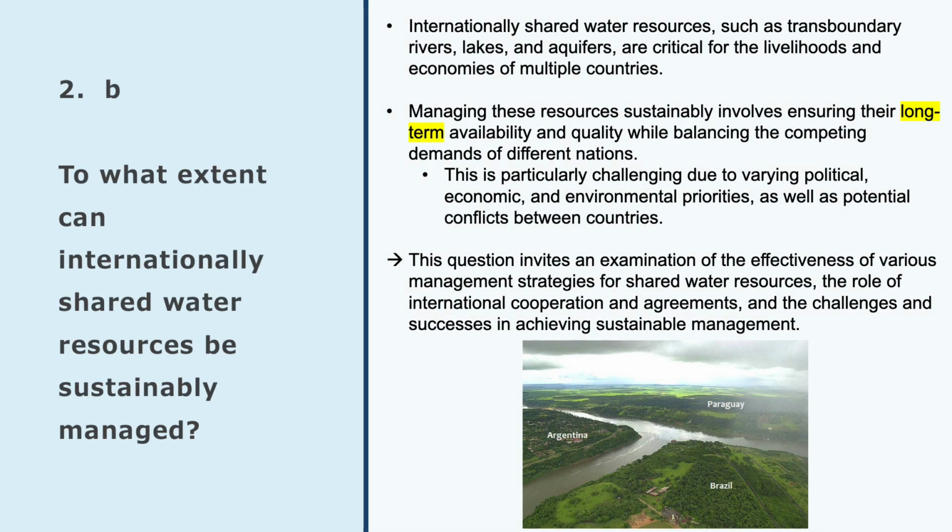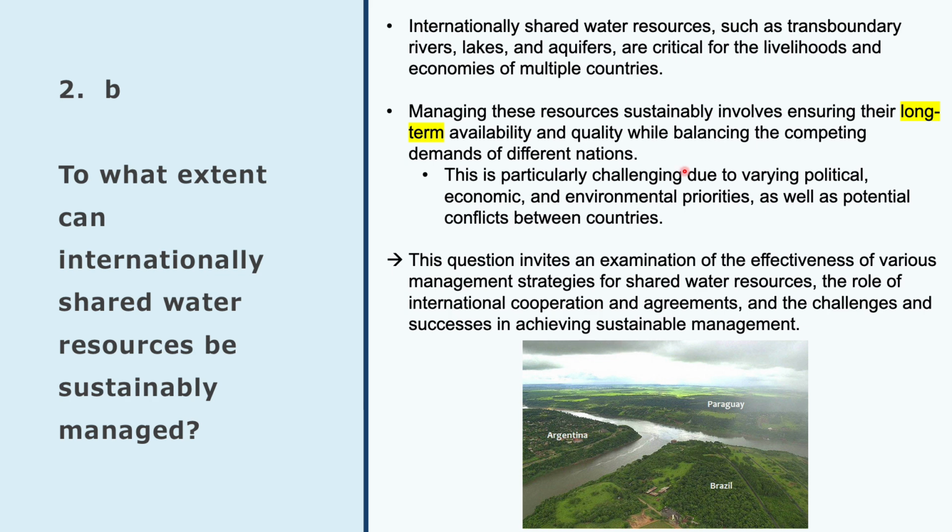So an internationally shared water resource could be a river, lake, or aquifer that is shared between different countries and is critical for the livelihoods and the economies of multiple countries. And so we need to consider long-term availability if we're thinking about the sustainability of these places. Long-term availability and quality of the water, while still balancing